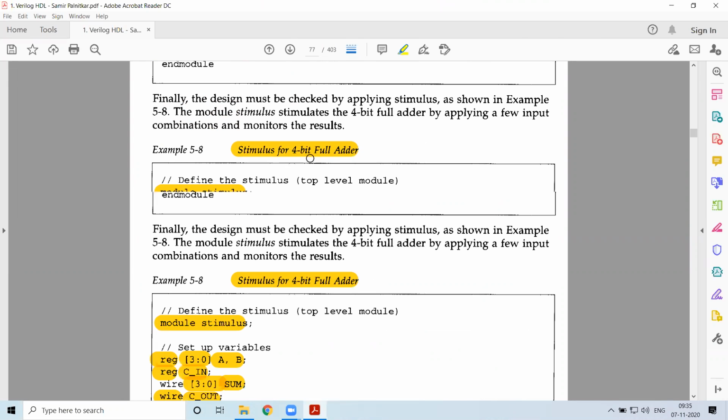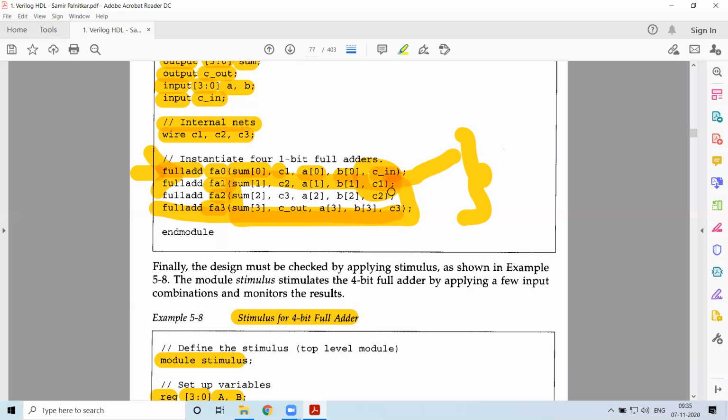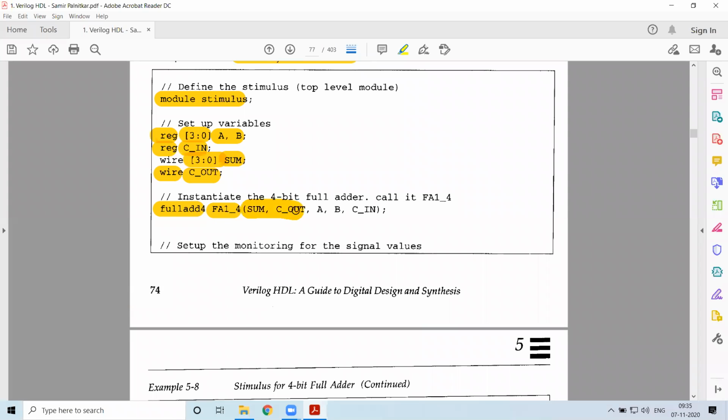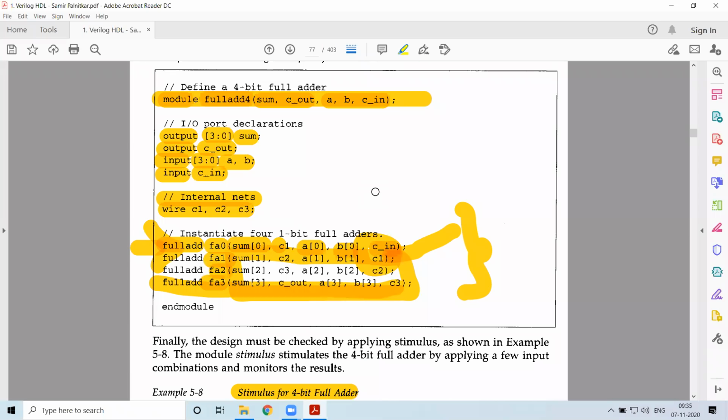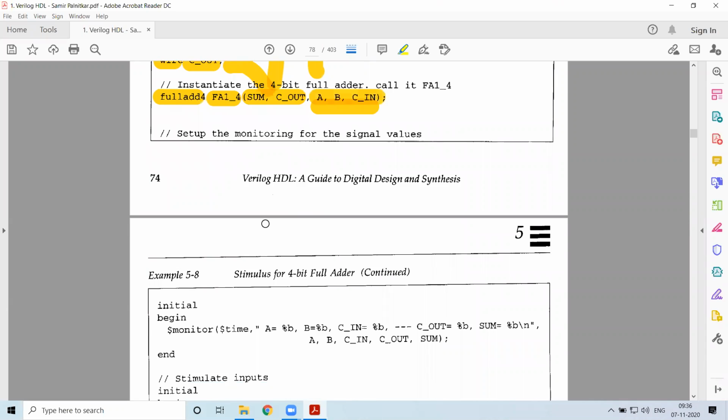So what are the parameters you have to pass? You can see it is sum, C out, A, B, and C in. So that is sum, C out from here, then we have A, B, and C in. These are the inputs. These are the outputs. Once you have passed them, the instance will be created. Now we have to see if we change these values, whether I'll be getting the overall result or not. So in order to do that, what we do is